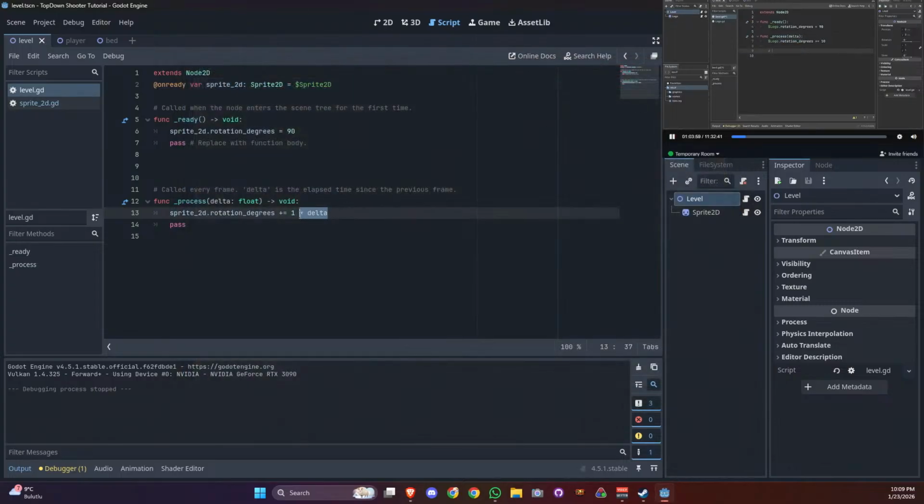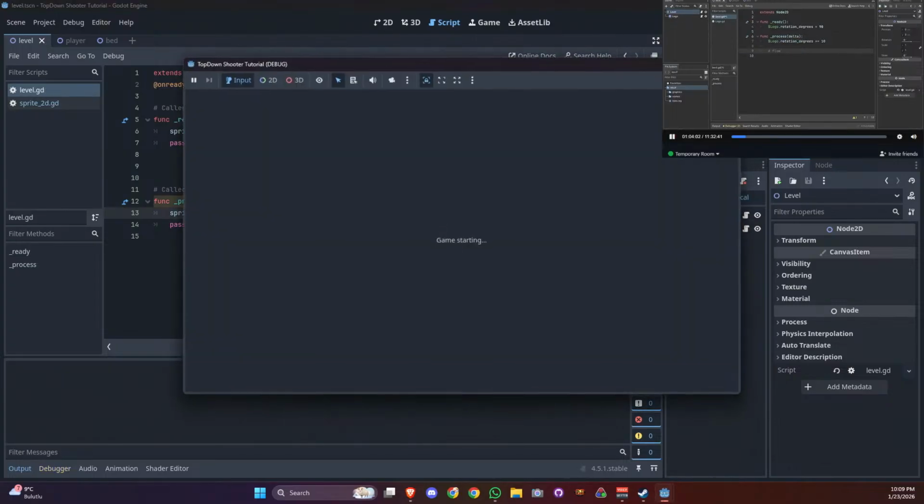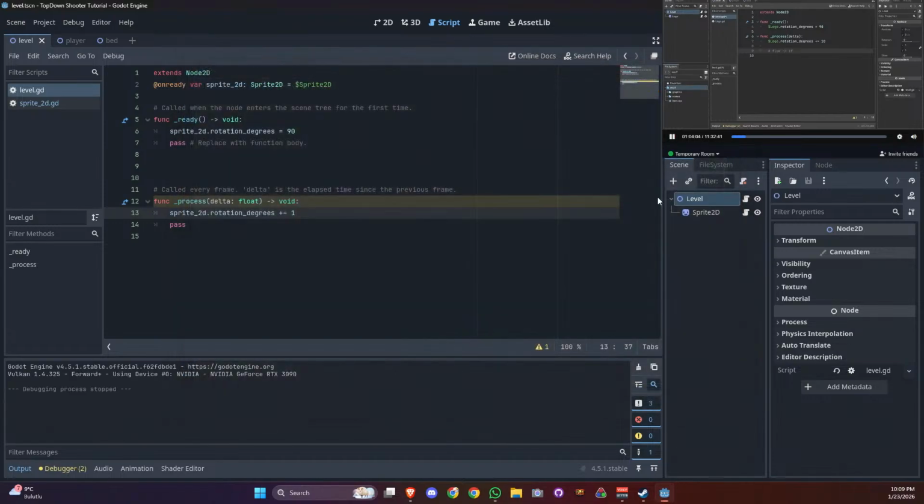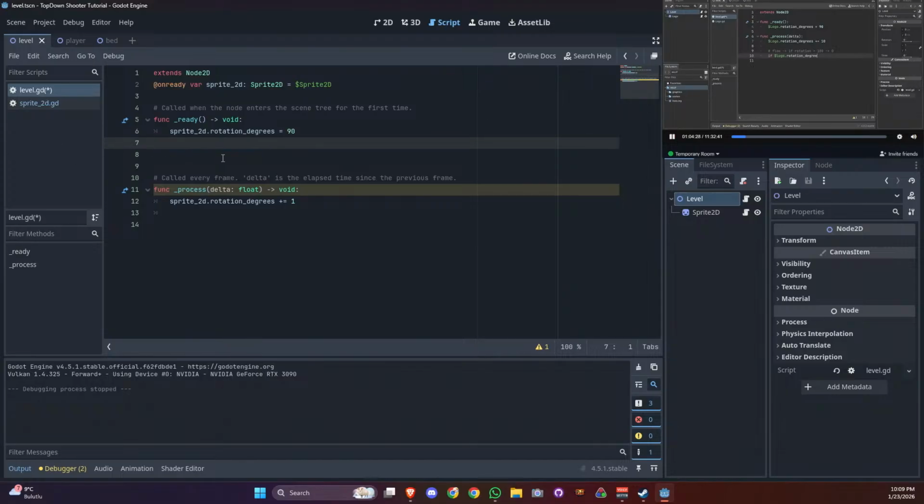Next up, I want to work on the flow. Let's say I want to add an if statement that if the rotation is greater than 180 degrees, I want to change the rotation back to 0. For that, we will need an if statement. I want to get if, and then I can target the logo once again, and I want to get the rotation_degrees. And if that is greater than 180,